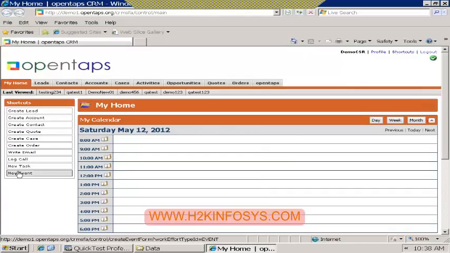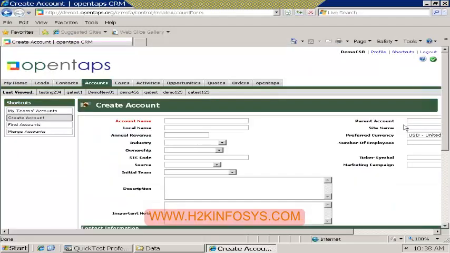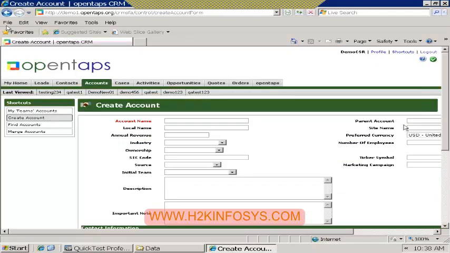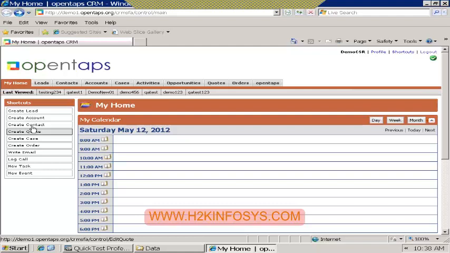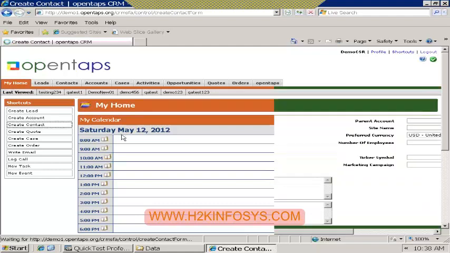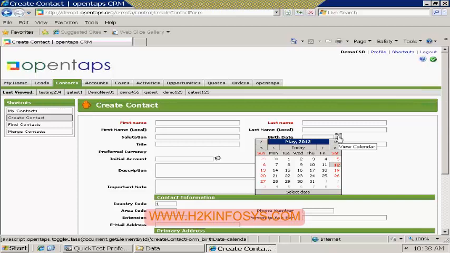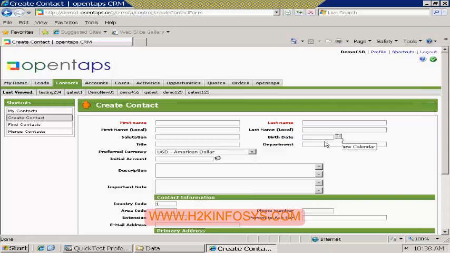So here, basically, the scenarios are such that you can use any of these modules. Let's see, create account, like we worked a little bit today. Even I think the create contracts is also pretty much the same thing. Create contract, yeah, this page is also the same thing. And then say, for example, here, you see,